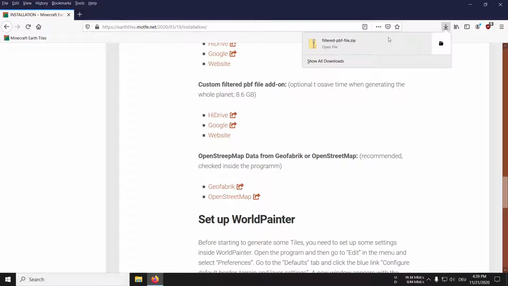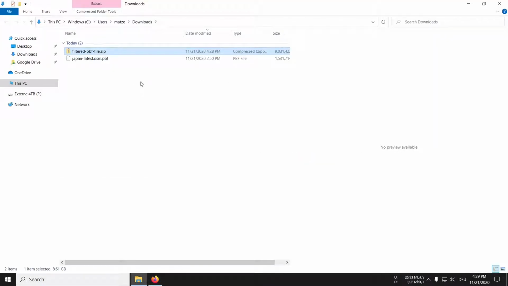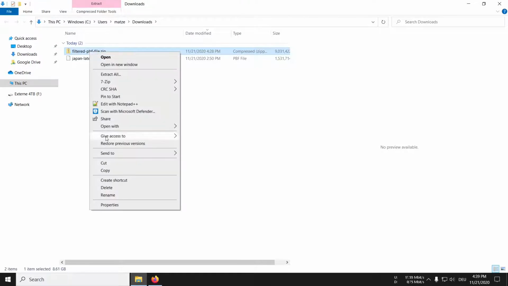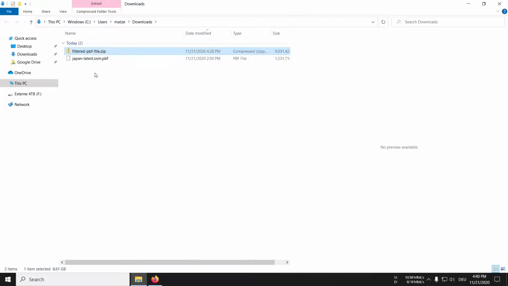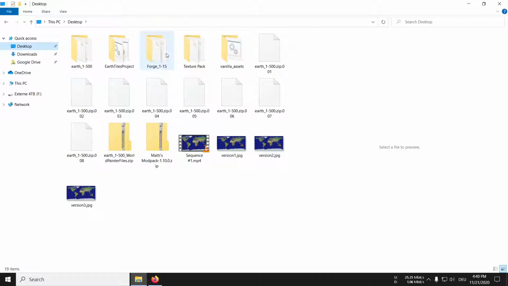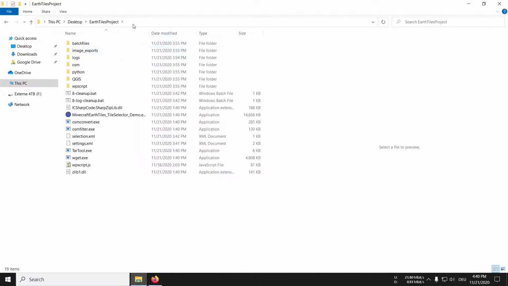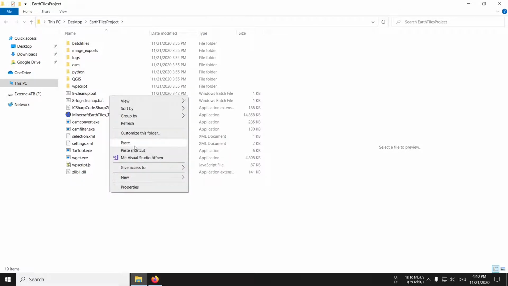Once the download is finished, we open the download folder and we copy this zip file and paste it in the EarthTiles project folder we created at the installation. So paste here,